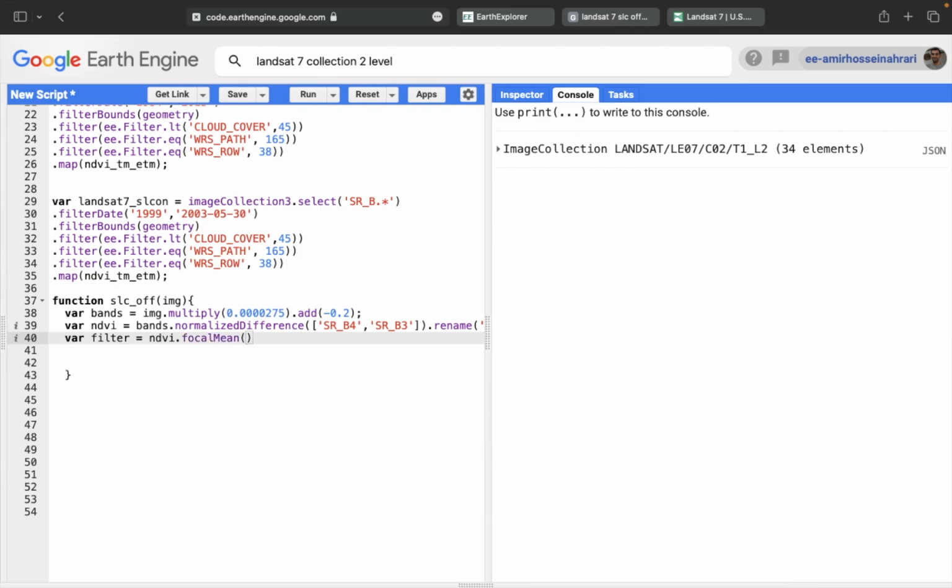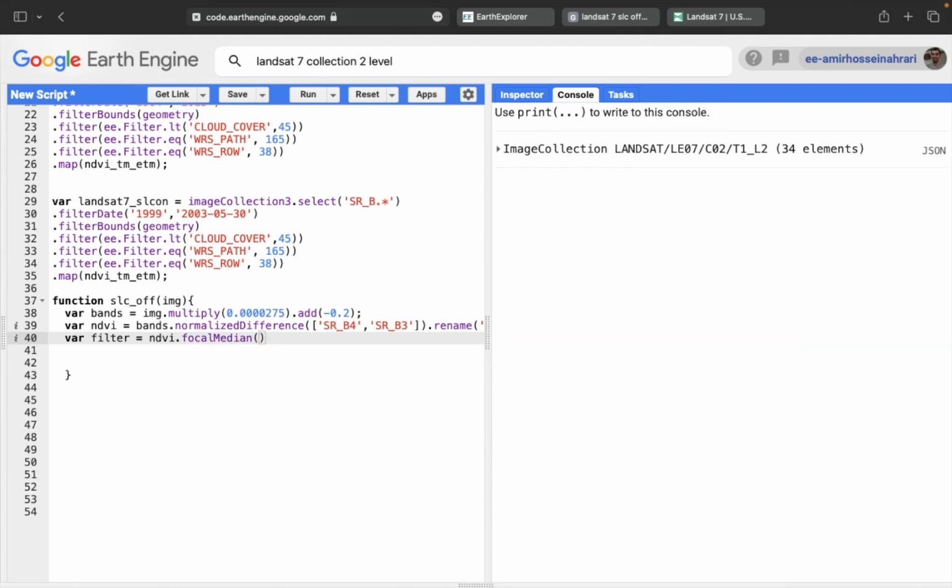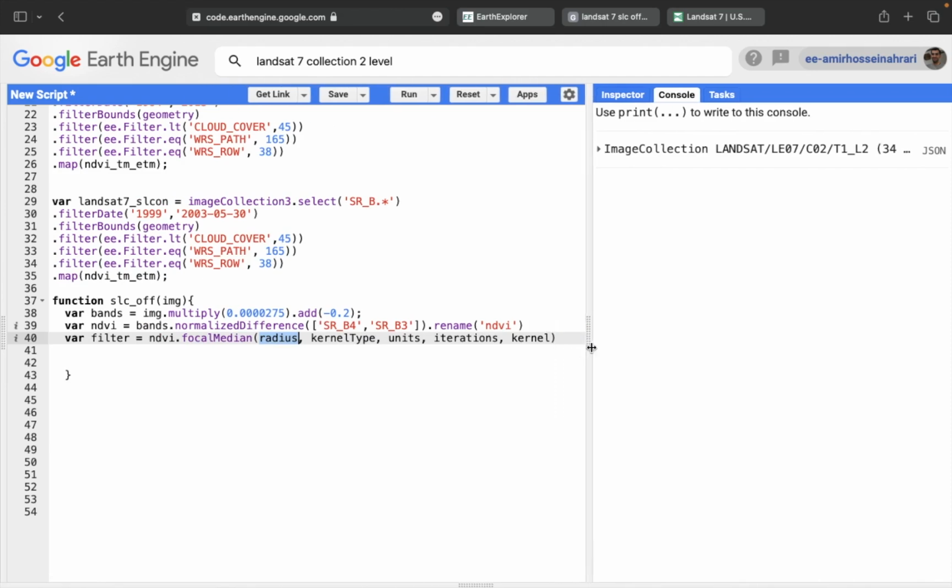So for example, if you want to have the edge information, it would be better to use focal median. And there are some arguments that should be filled in this function. For example, the radius is 30, and also there are different criteria that you can consider for your calculations. As my target resolution is 30 meters, now I set 30 as the radius in this calculation, and the kernel type, as in satellite images, including pixels with a rectangle structure,